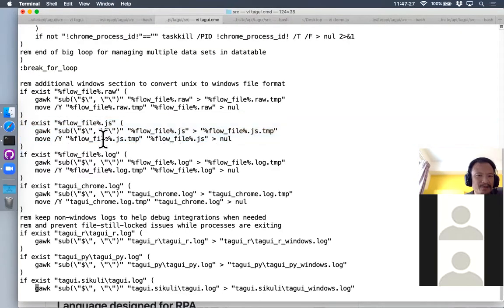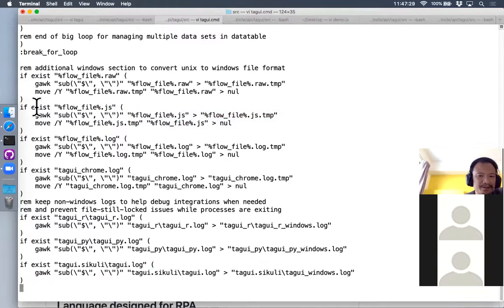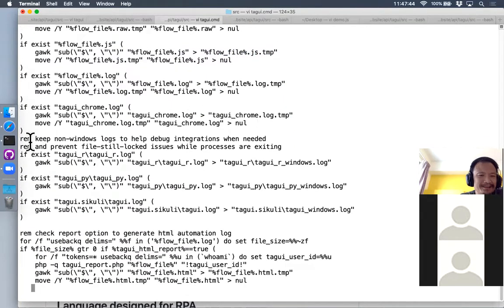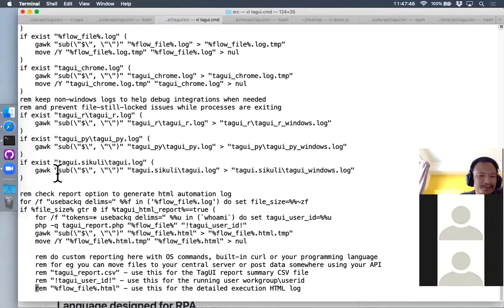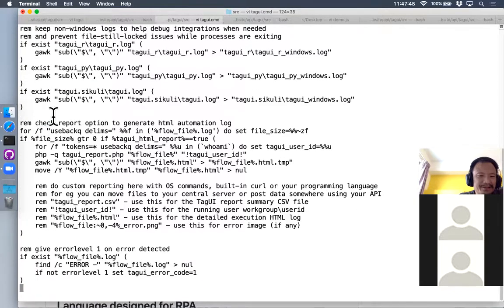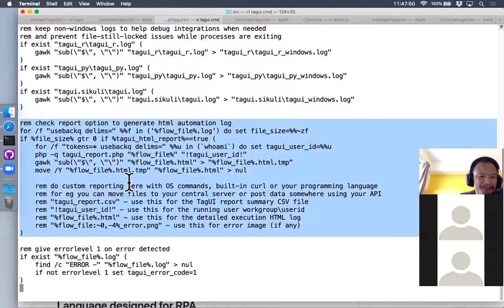So this part here converts all the log files and the generated files to have the \r. How do I even get that? I do it through Google. I find what the syntax is to do it, and I test it to make sure it works and add it in. All these are from Googling, and check whether there's a report option to do what's needed,